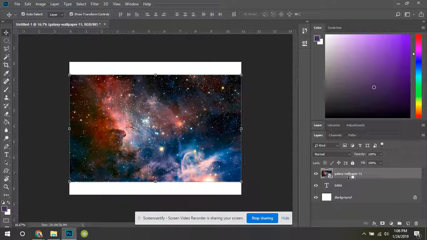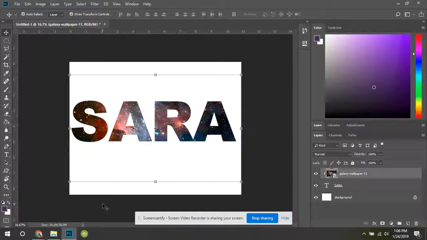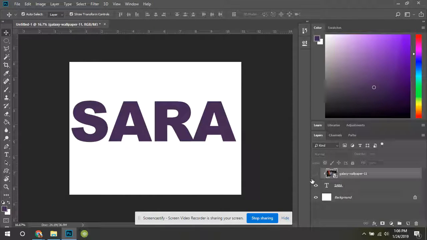If I click on it, it will cut out the texture, okay? So whatever my object is underneath, the layer on top is going to cut out, okay? So in this example, it's Sarah. Just to show you,